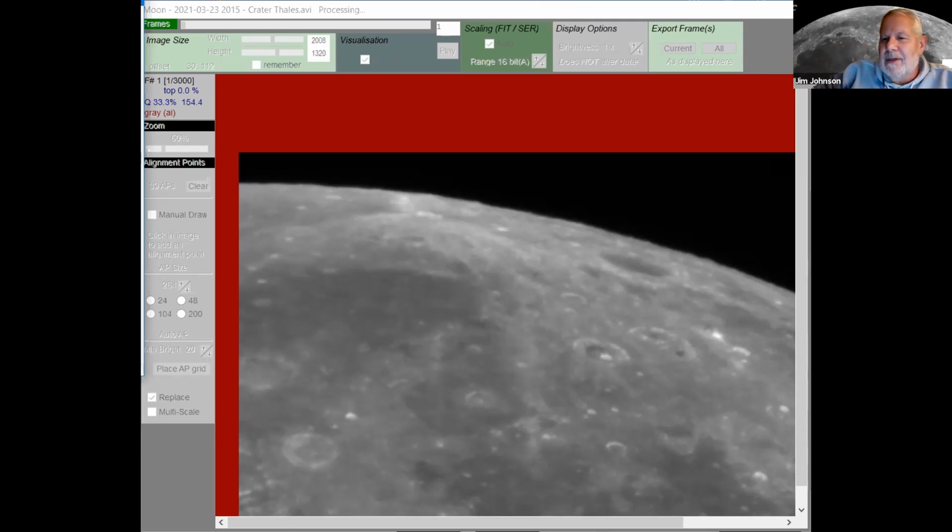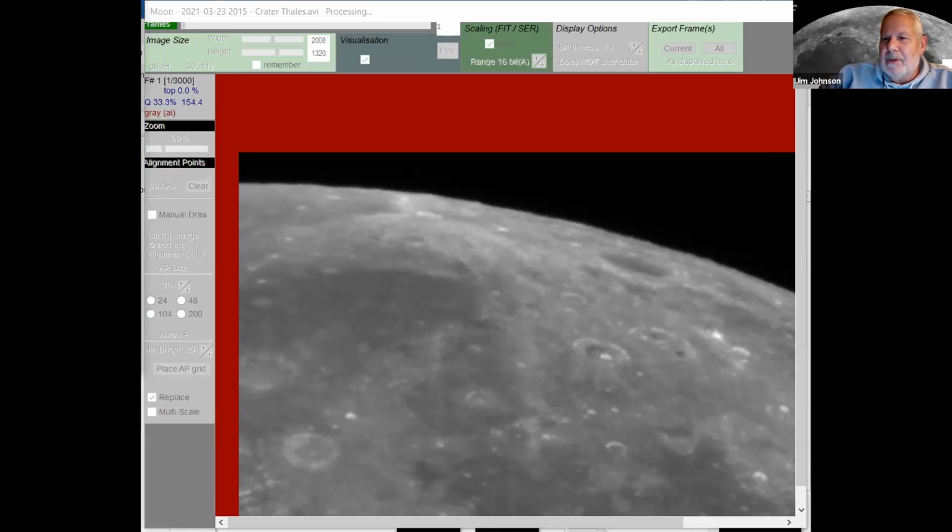The 1 frame looked the best. It looked a little soft, but it looked the best. The 30 frames looked a little worse. The 300 frames looked even worse. When I went to the set of frames that came out as a result of clicking on sharpen, the 1 frame by itself looked horrible. The 30 frames looked better, and the 300 frames knocked my socks off. Really, really sharp. So that kind of surprised me.